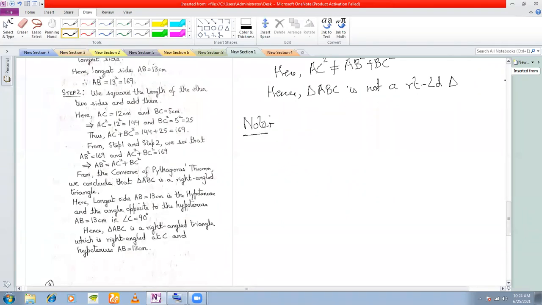Suppose I give you a right angle triangle. You already know this is a right angle triangle, okay? Suppose I give you a right angle triangle, say ABC, and I say this is the right angle, and I give you the length of the hypotenuse as say 5 centimeters. Can you find out the length of the other two sides? Yes, sir. How? Tell me how. You don't know the other two sides.